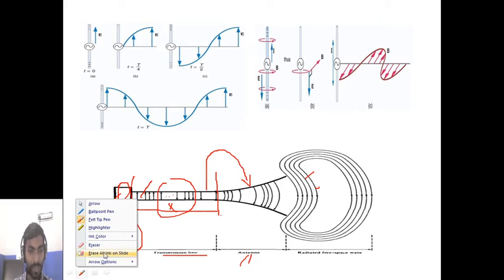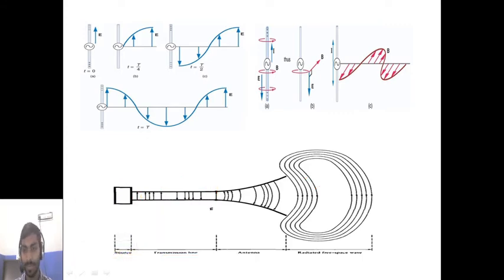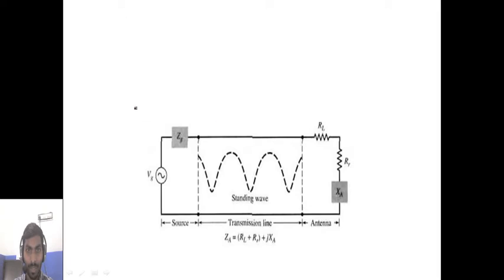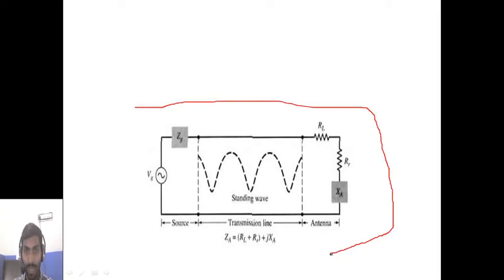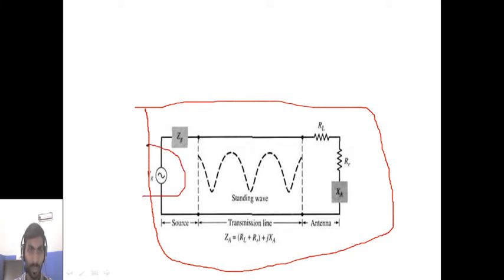And we are going to see how these all are happening. Okay, don't worry. Next, a simple antenna can be represented in this way. In that antenna, what I have shown is the source. This is your source which is going to be generated, and this is your source impedance.